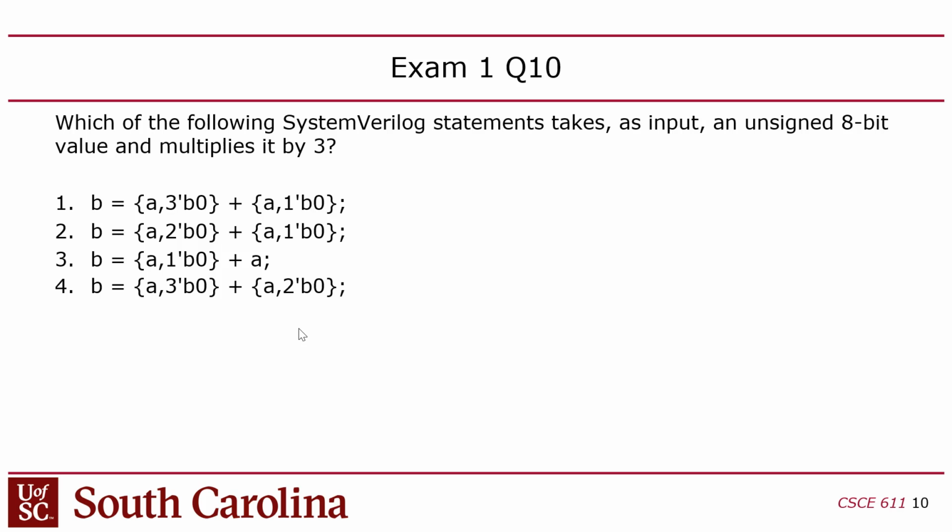Which of the following SystemVerilog statements takes as input an unsigned 8-bit value and multiplies it by 3? This one would be, you're multiplying it by 3. 3 is not a power of 2. So how do you multiply by a non-power of 2? You have to add together